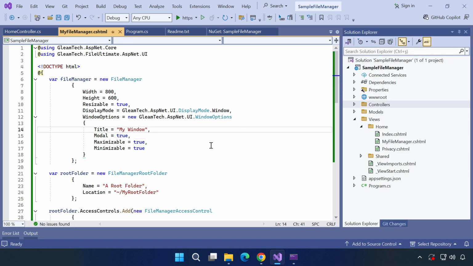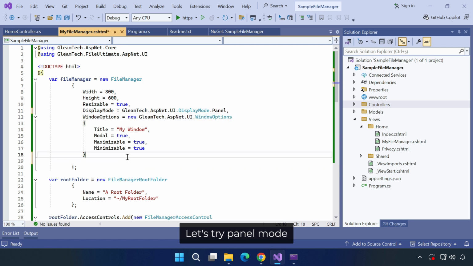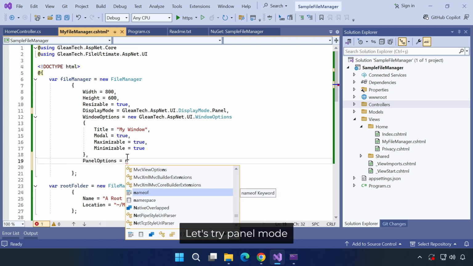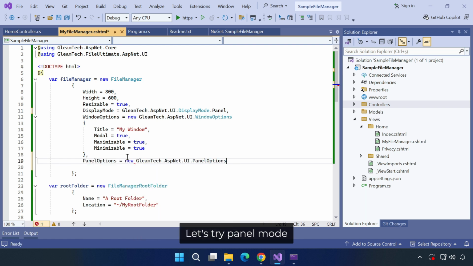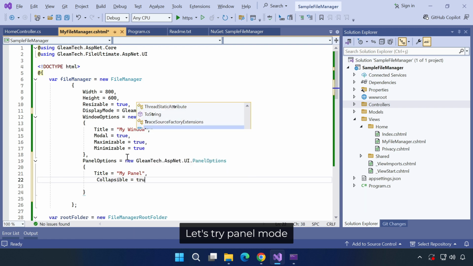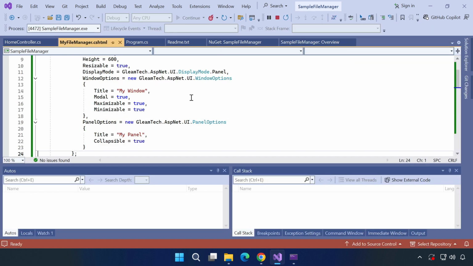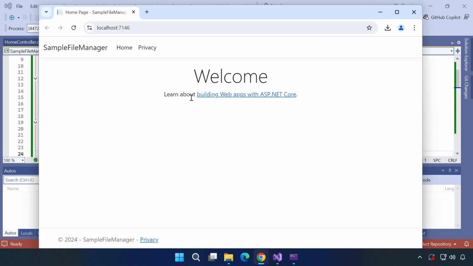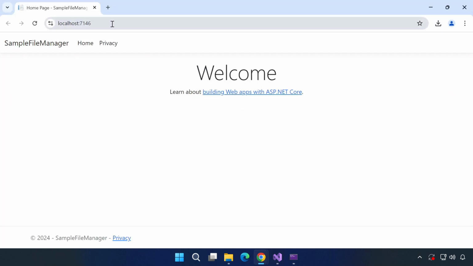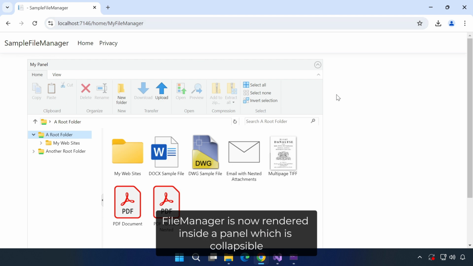Let's try Panel mode. File Manager is now rendered inside a panel which is collapsible.